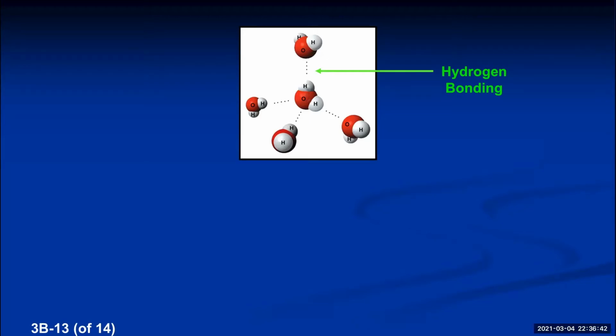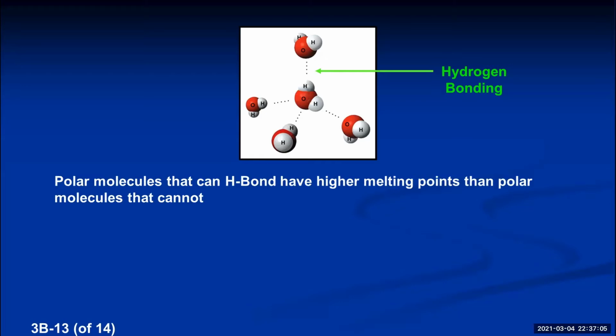And there are a lot of other molecules that can do it as well, but you have to pay really careful attention to the way the atoms are bonded in other molecules. A molecule may have O's and H's in its formula, but if the H's aren't bonded to the O, it can't do it. So it has to have the H bonded to an O, N, or F, and if it does, then it'll be able to do hydrogen bonding with other molecules, okay? So polar molecules that can do hydrogen bonding now have a third attractive force. Besides London dispersion and dipole-dipole attractions, they have hydrogen bonding, so the extra hydrogen bonding causes their melting points and boiling points to be slightly higher than other polar molecules, if that makes sense. Okay?